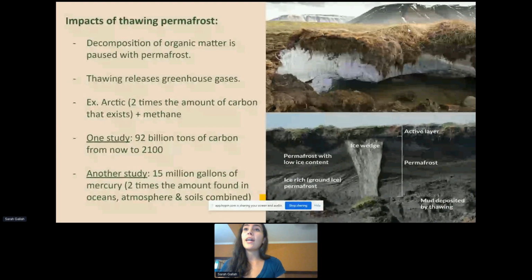Thawing permafrost has many effects. It's kind of like a freezer, and it freezes microorganisms and animals, and it pauses the decomposition of that organic matter. So when it melts, you're really thawing a lot of greenhouse gases. For example, the Arctic currently has 2 times the amount of carbon that exists in the atmosphere currently, plus a lot of methane. One study, which is linked there,